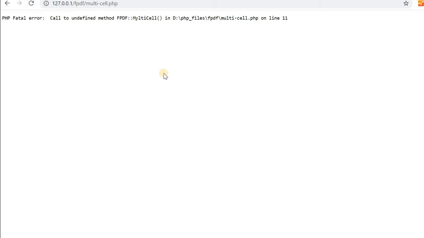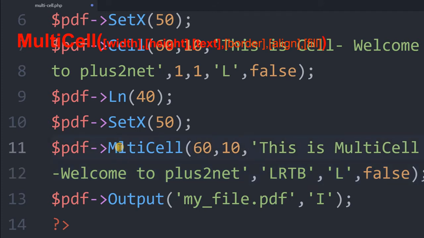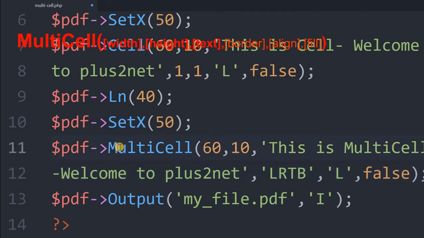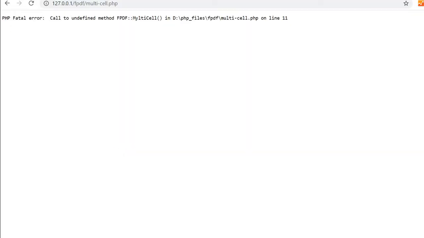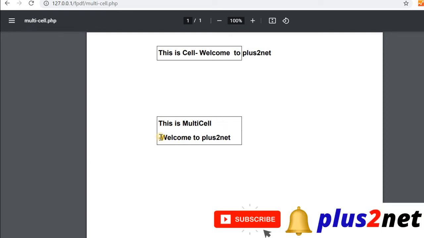Sorry, again on line 11 something is wrong. I'm sorry, this is multi-cell. So see the difference, almost the same length of string. Now there is a line break and the text is automatically wrapped inside the cell.